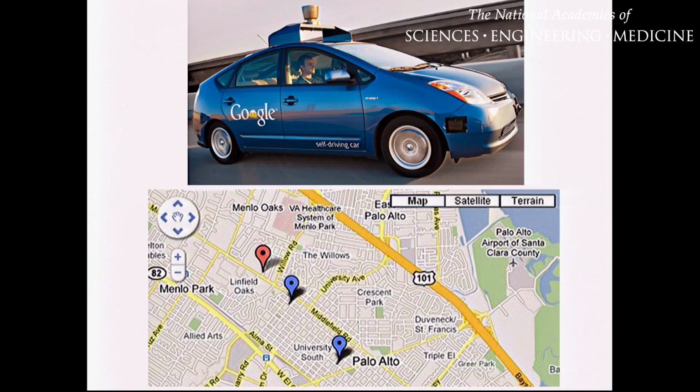And so the problem is, if you want a self-driving car, like the Google self-driving car, what you would need first is the map, a Google map. And so what we need is a map of differentiation. We need to know how the chromatin folds, how all the epigenetic marks work from the start to the finish. And